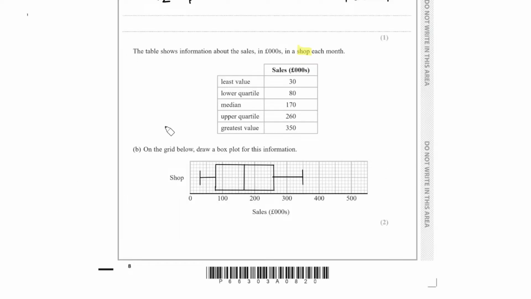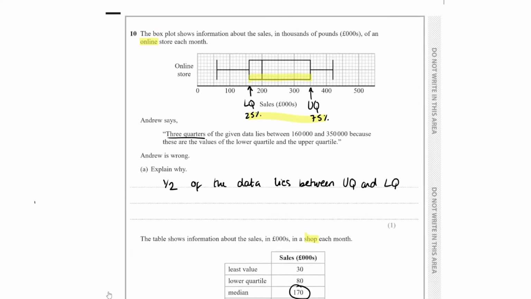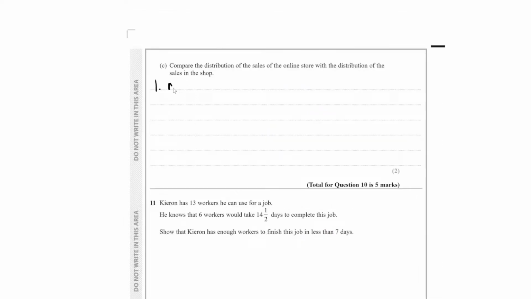So let's go back. The median here, they said, was 170 for the shop. We come back up, 170. The median of the online store, this one here, isn't it, is 200. So we've got 170 and 200. So the online store has a higher median. So you could say the median,